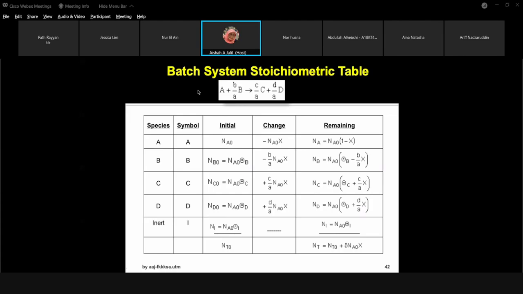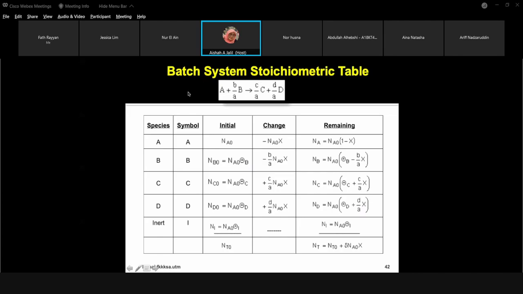Sometimes they mention it, but sometimes they do not. So your answer may be totally wrong if you get wrong whether the system is flow or batch. Be careful of that. Sometimes you can detect it from the terms or sentences in the question, such as when they say something is flow or in batch.